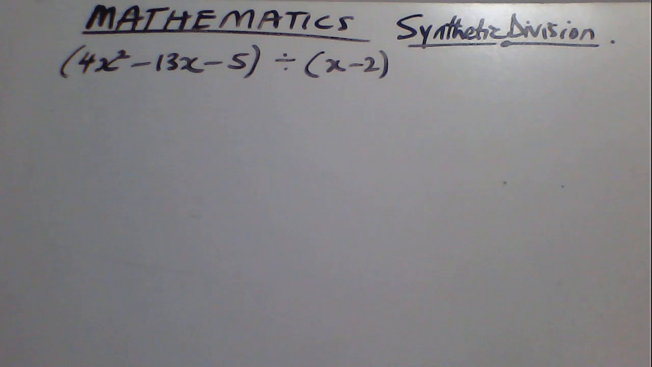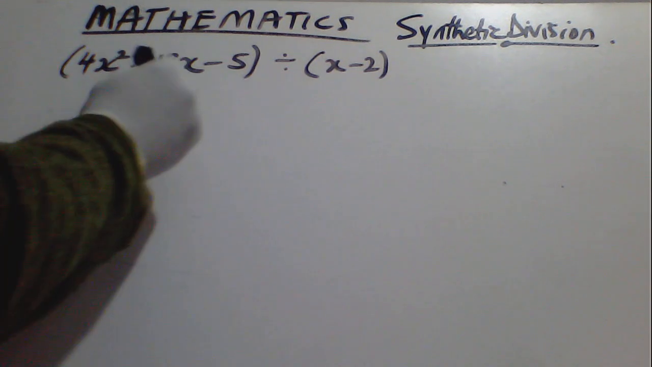Good day, students. You are required to divide the polynomial 4x squared minus 13x minus 5 by x minus 2 using the method of synthetic division. So, synthetic division, as we know, is when we are given a factor. In this case, if your factor is x minus k,